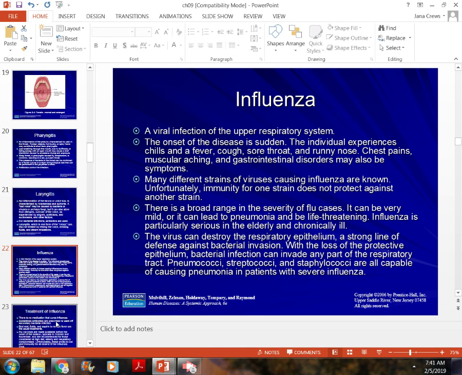Usually you'll start to feel kind of achy that morning, and by that night you're starting to run fever. Or you have a cough or a sore throat, runny nose, chest discomfort, muscle ache. Sometimes you have vomiting or diarrhea with the flu. So if you start to feel those symptoms, that achy, weak, cough, sore throat kind of thing, go get checked, because right now is definitely the peak of flu season.